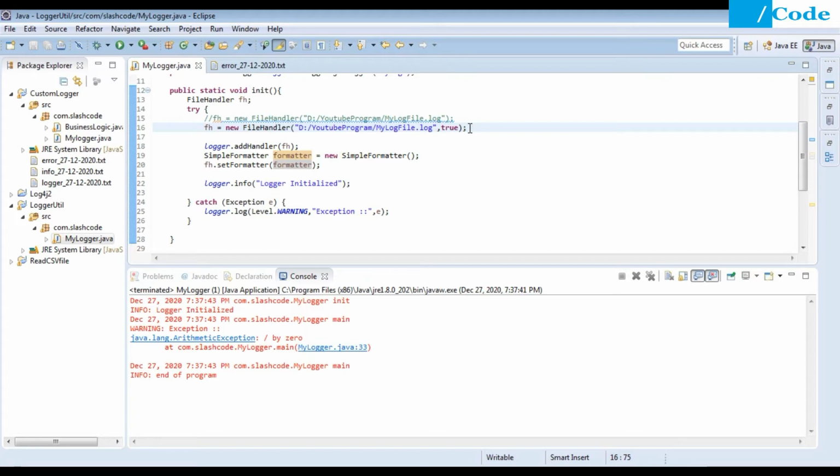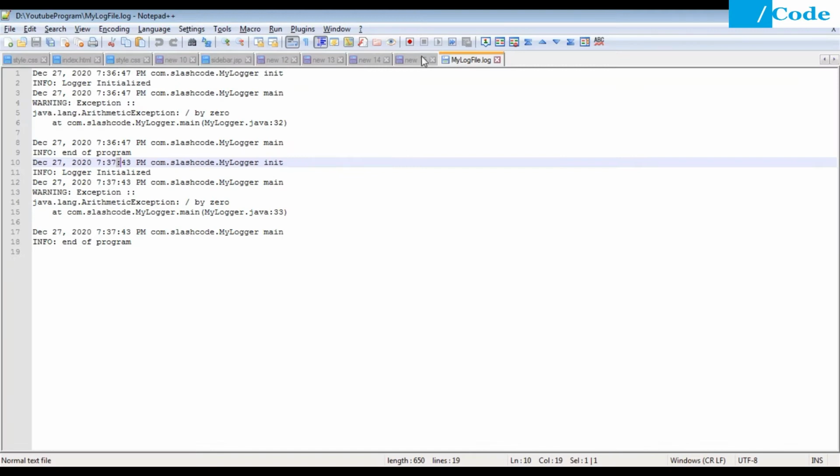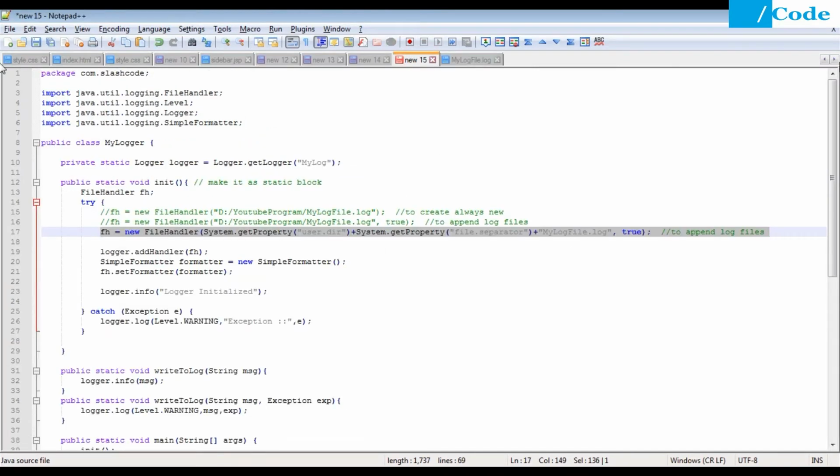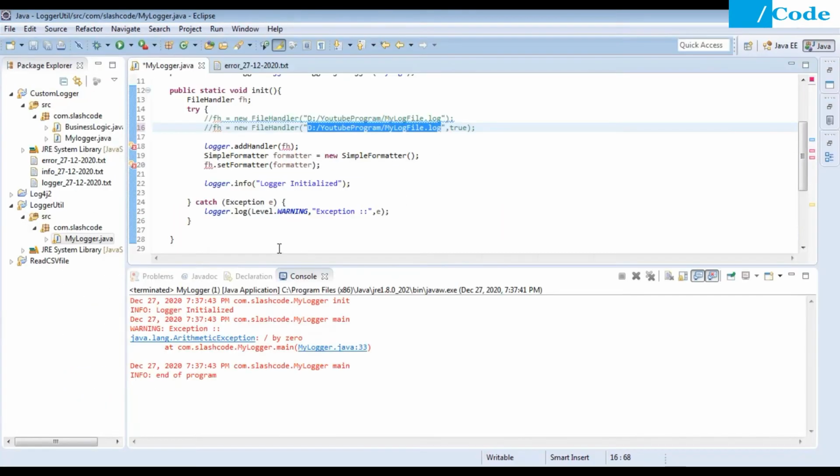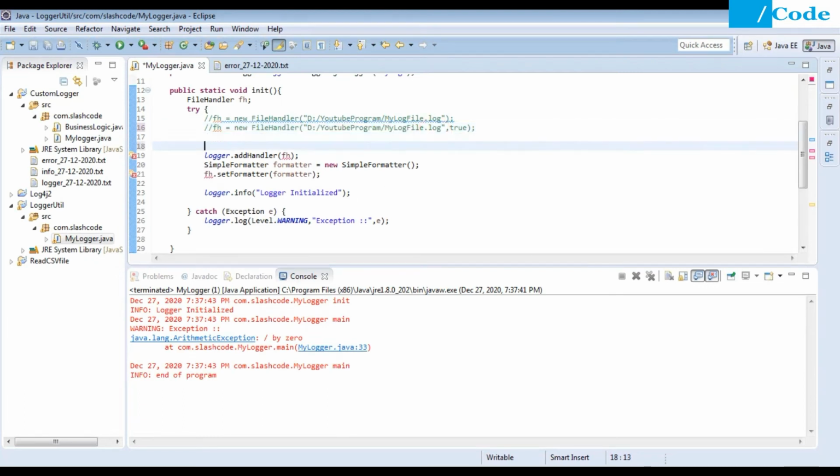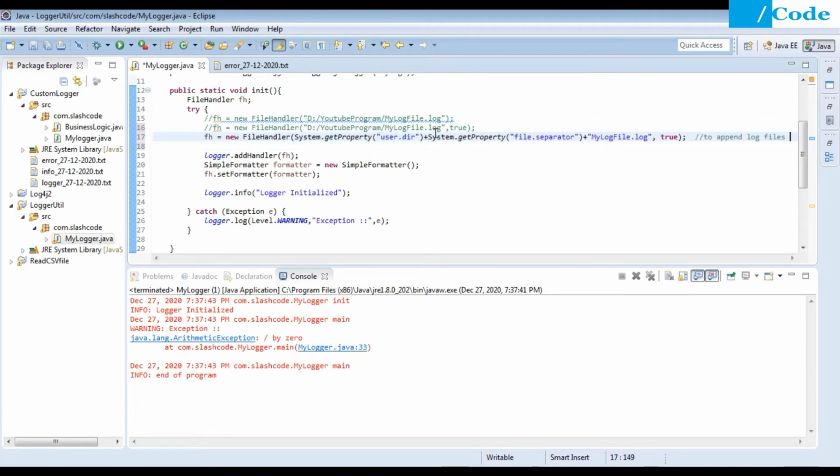Now come to the second part. Java is platform independent, so it can be run on Windows or on Unix as well. So this location should not be hard coded; it should be coming from somewhere, or be some defined thing. Now let me come to the third part, how to make a dynamic location.